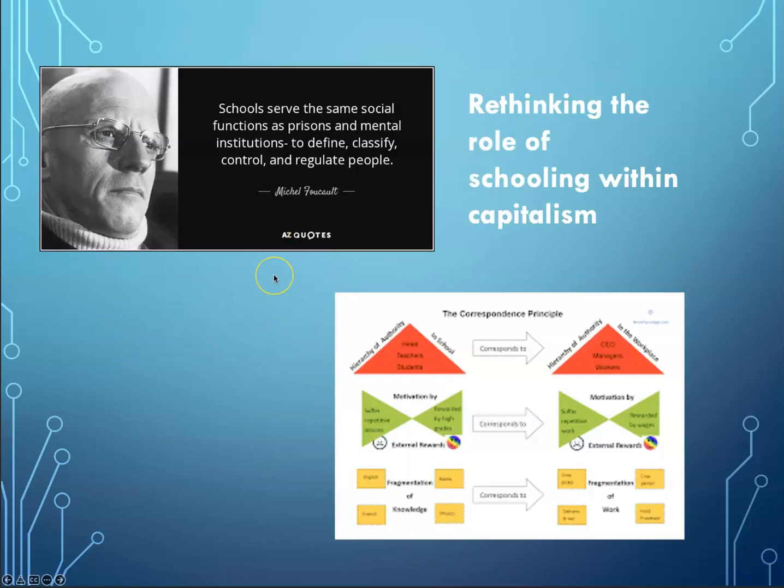So they also rethought the role of schooling within capitalism. And there were some interesting and some highly critiqued, actually, positions that were taken. For example, Michel Foucault, who himself would not have called himself a critical theorist, but was very much so in much of what he did, was looking at how prisons and mental institutions operate. How is it that they manage the people that are part of that population? And how can we understand what it is that happens in these institutions?